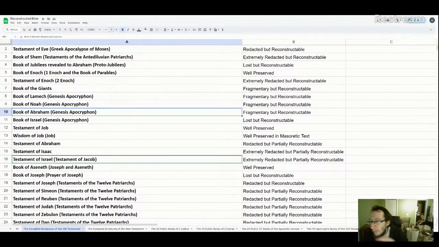So with all that said, that's one of the main ways we're going to reconstruct the Book of Abraham. So I believe, just as we can reconstruct the Book of Noah very closely to the original text, we can do the same for the Book of Abraham. And one of the interesting things for the Book of Abraham as well is it has some more. It has a dream that's not in our copies. It had an extra dream of Genesis.